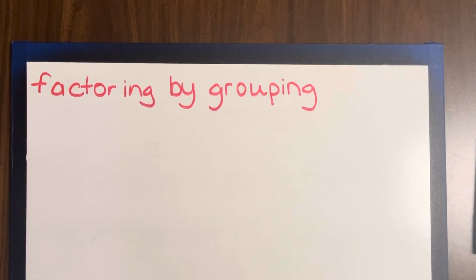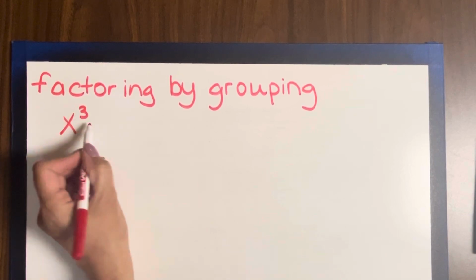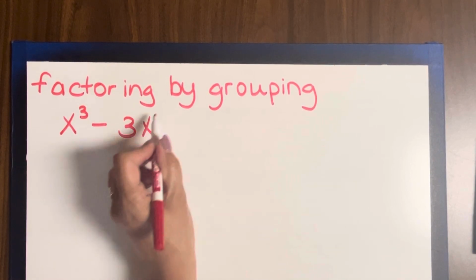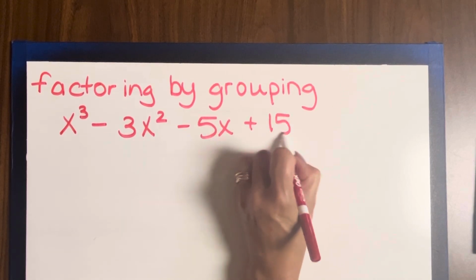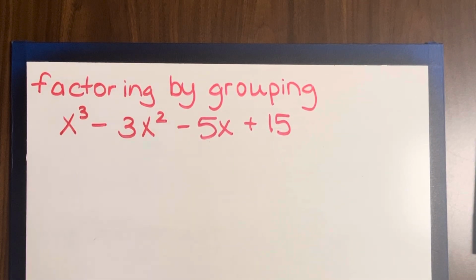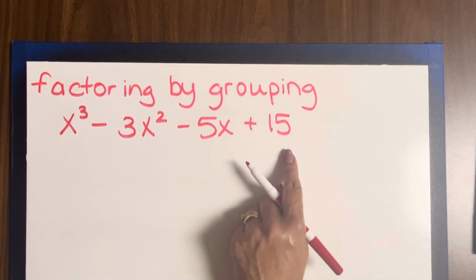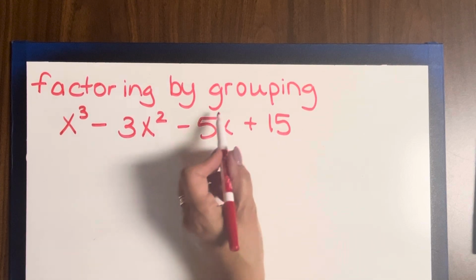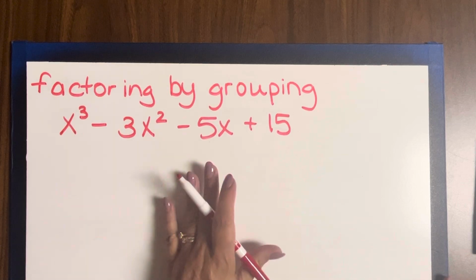Today's topic is another factoring, and this time we're going to be factoring by grouping. So how can you identify when you need to use grouping as opposed to a difference of two squares or any other kind of factoring? The big clue when you're looking at your problem is that you're going to have 4 terms rather than 2 or 3 terms, and the grouping part comes in, you're going to pair up the 4 terms into groups